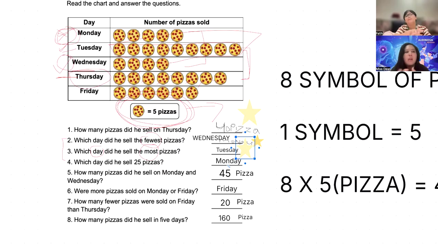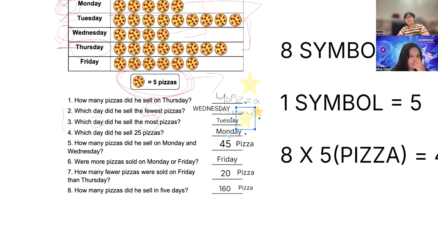Every time you see this kind of question, if they don't ask for numbers, if they don't ask for the total amount, you can always check the pictures. That's very easy to see based on the symbols, of course. And in the video, you can see based on the smiles. Remember the smiles? And this one is based on the pizza symbols, right? So that's how we work. It's gonna be the same for number 4 actually, because they're asking for the day.